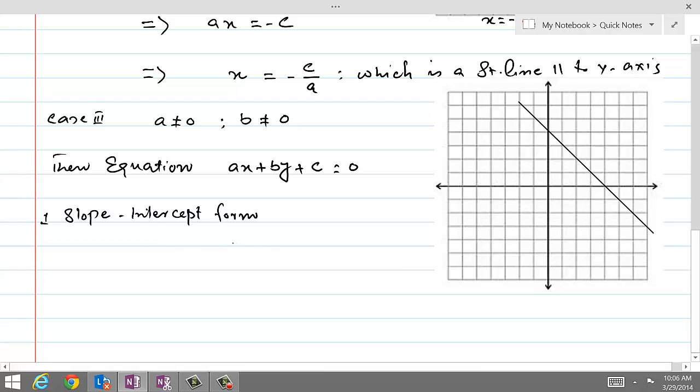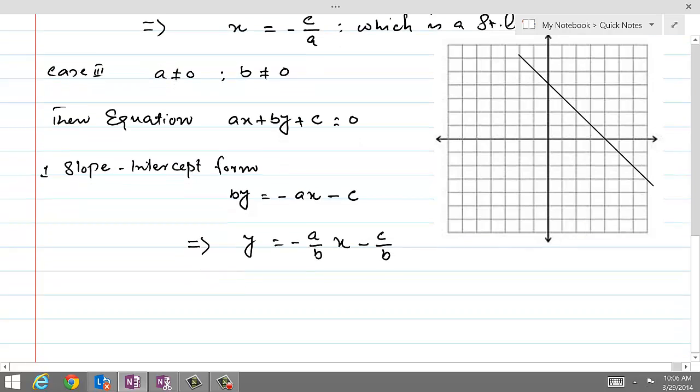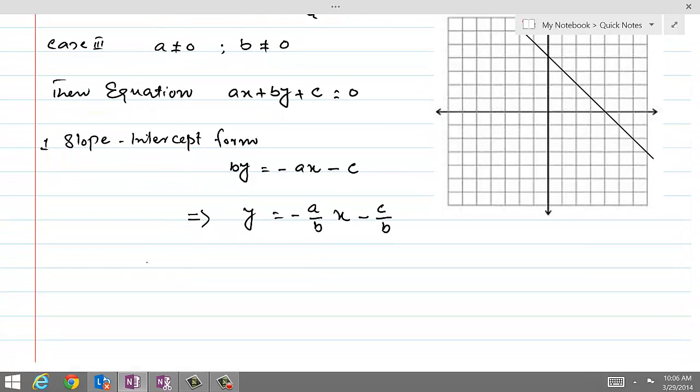So this will give us by equal to minus ax minus c. Dividing both sides by b, that will give us y equal to minus a over b x minus c over b, which is a slope intercept form,